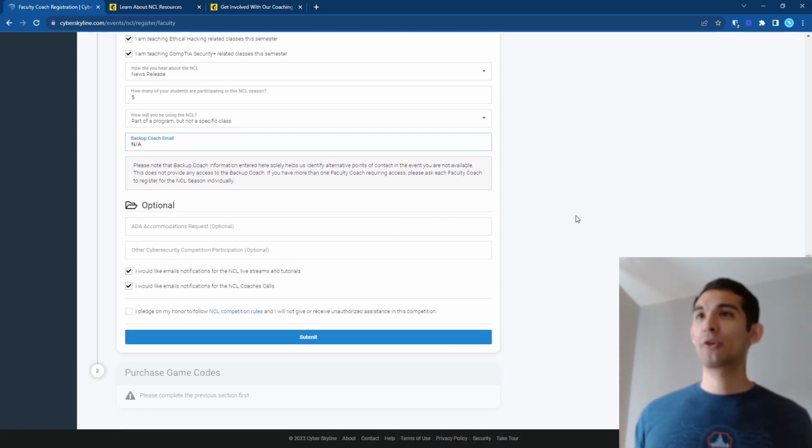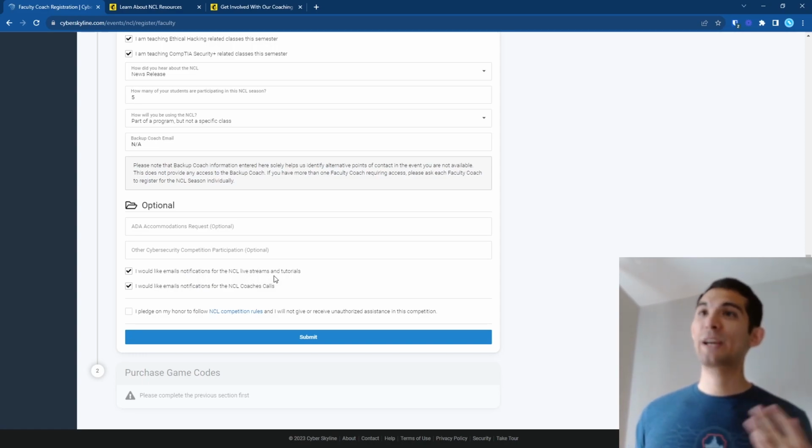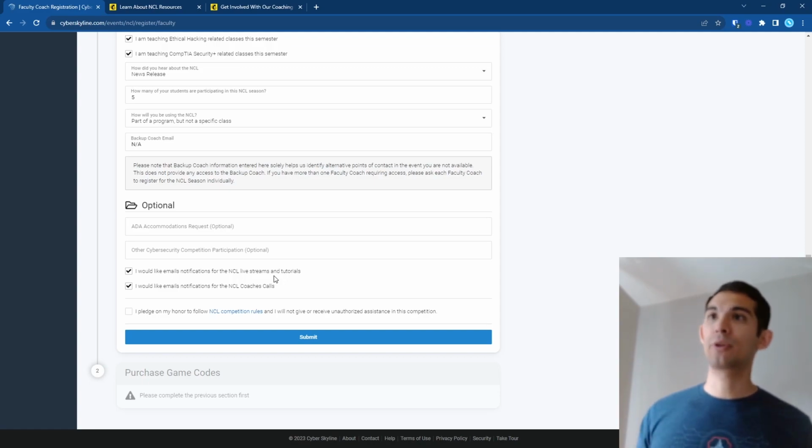When you are signing up for your coach registration, there will be these two checkboxes for our newsletter. The first one is to make sure that you get information when we run live streams and tutorials. Those might be helpful for yourself or for your students. We highly recommend that you share those with your students and encourage them to participate as part of their practice. And then the second one is